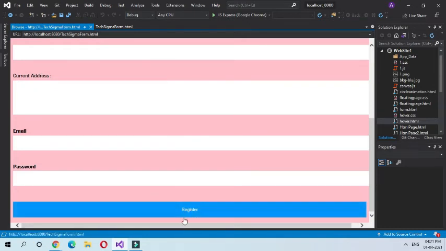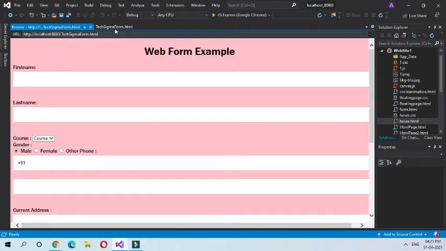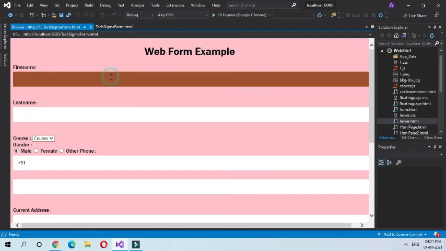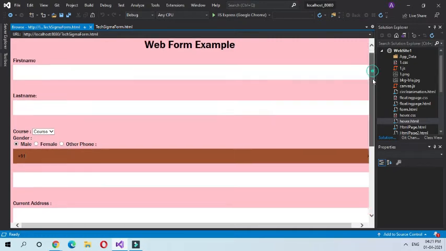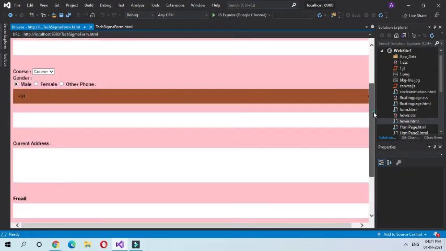As I'm pointing the cursor, it is slightly changing its color. As I had given the focus background color, as I focus on some text box, it will change its color.